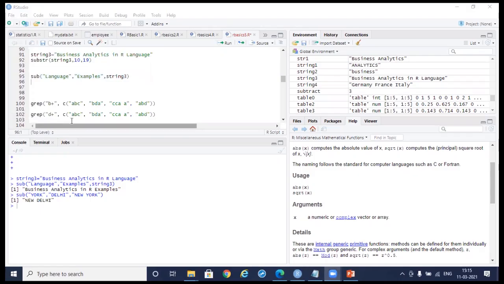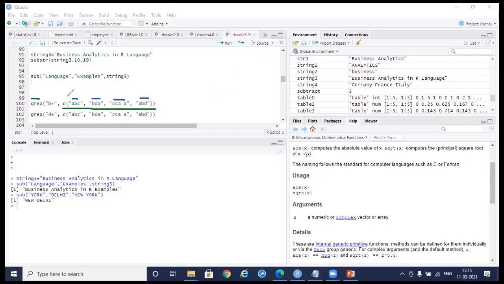Now there is a grep function. What the grep function will do, it will find out the pattern matching in the given string. So how to give it with a pattern matching? So here we can see the grep function. Suppose I had given a simple vector here. So that vector is showing what? Suppose inside this, four strings are present: